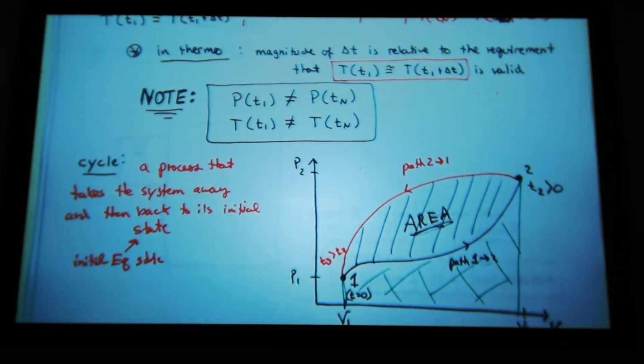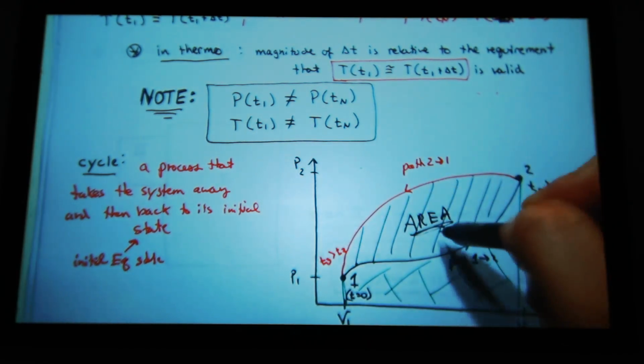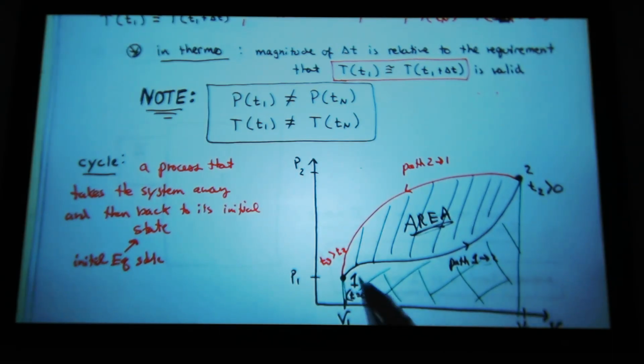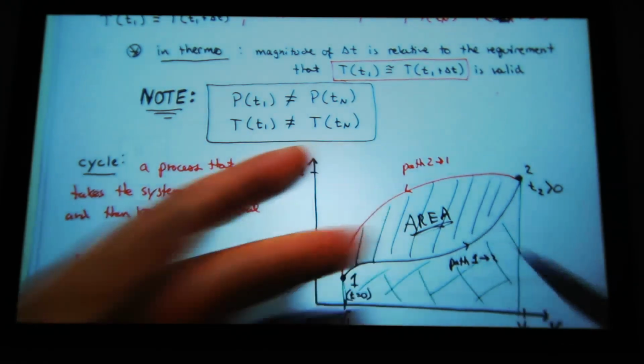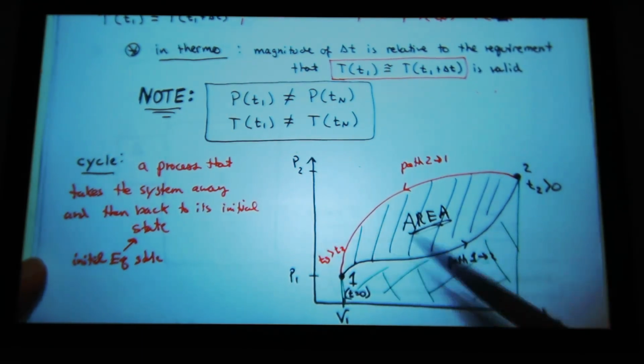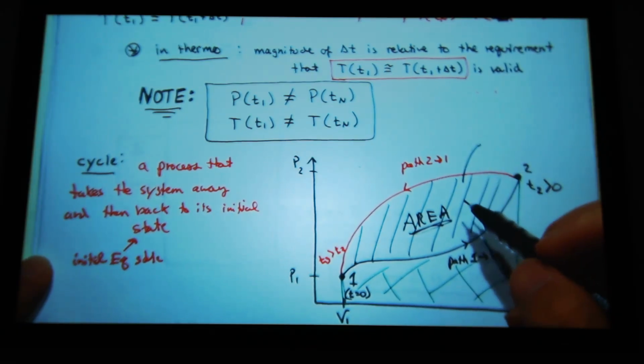So you guys took calculus for a reason. It's because volumes, areas, lengths of lines, rates of curvature, all these things that you use calculus to calculate have, in a certain context, meaning. And so in a PV diagram, this area is important. You can see these are really goofy curves, so you'd need to use calculus to calculate that area. You could approximate it with a bunch of straight lines, but you need to know areas. And so when I have a PV diagram, this area represents